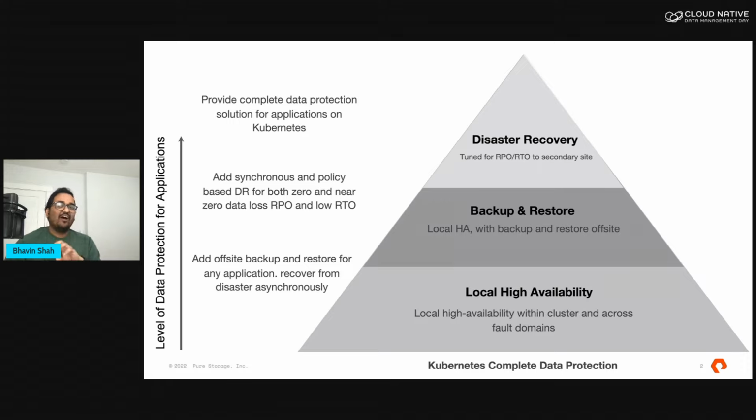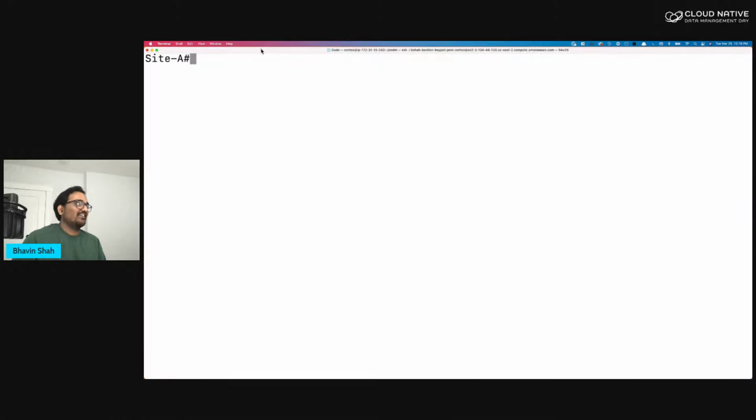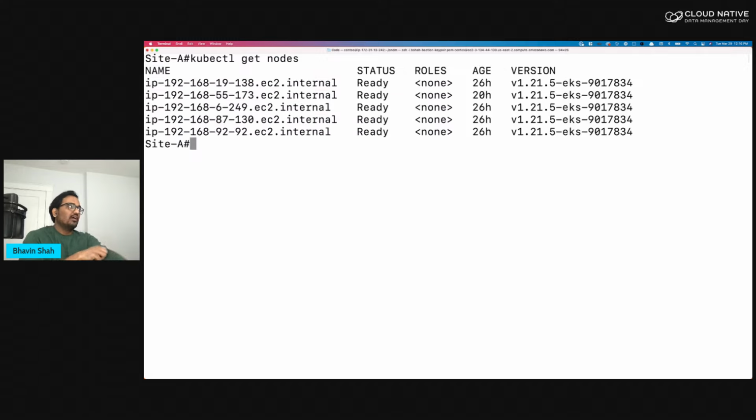So as I promised, that's the only slide. Okay, so 2 slides if we count this demo slide, but let's switch to a terminal session and look at the Kubernetes clusters that we have today. We have 2 clusters for the demo. We have a site A cluster that's running in US East 1. If you do a kubectl get nodes, you see we have a 5-node EKS cluster, whose worker nodes are split across multiple availability zones themselves. And then we have Portworx installed as part of this to provide that block and file Kubernetes storage for your containerized applications.